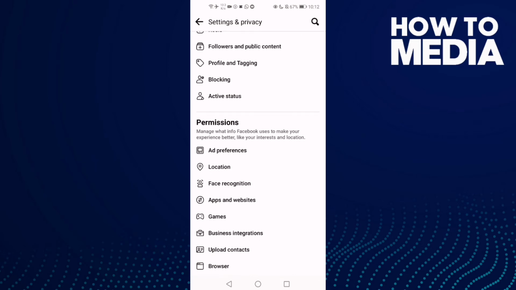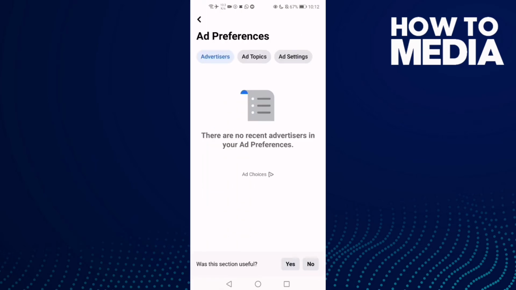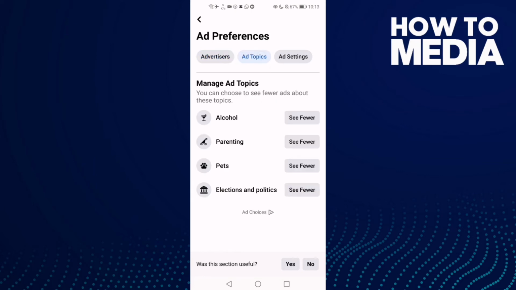this one, ad preferences. Click on it and then click ad topics, and as you see here you can manage ad topics. Just choose any topics you want, pets or anything. Just click this one,